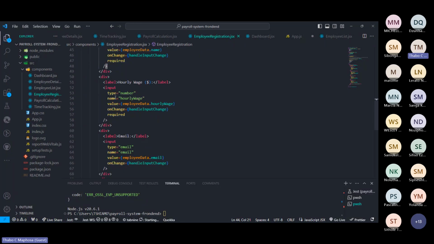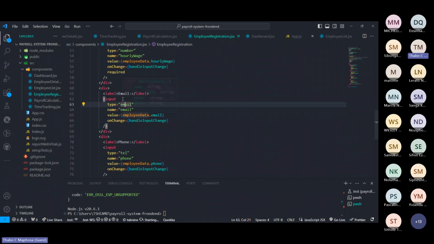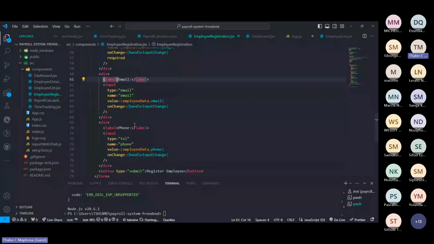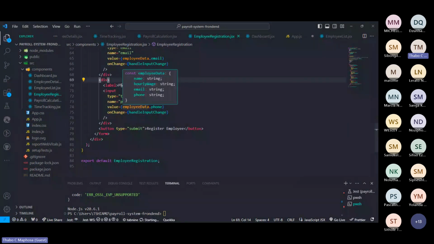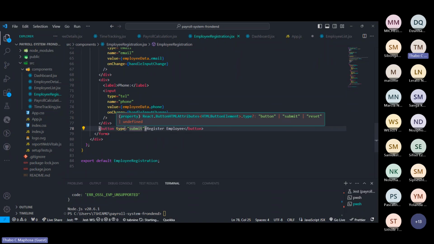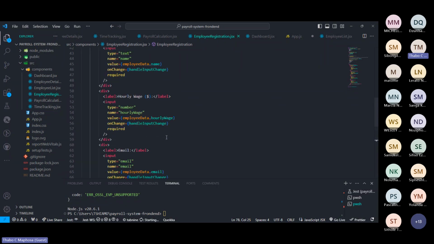Secondly, there's another div that deals with the wage, another div that deals with the email, and another that deals with the phone number. So these are the basic elements in our app, including the submit button, which are things we've touched already.